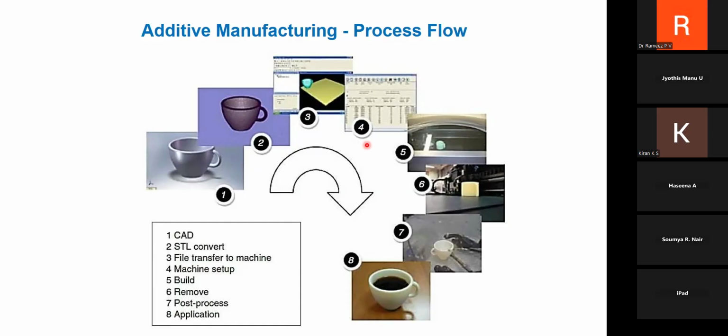You have to remove the final product from the build platform of the machine, and do some post processing if required. Sometimes there will be some support material, which you call scaffold, that you have to remove. Sometimes you do painting, sometimes some finishing operations, sometimes some coating. All this comes under the post processing category. Once the post processing is over, you